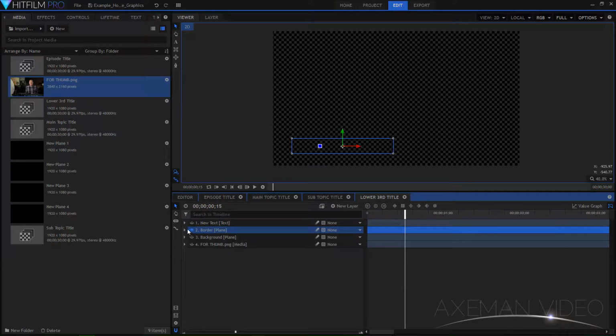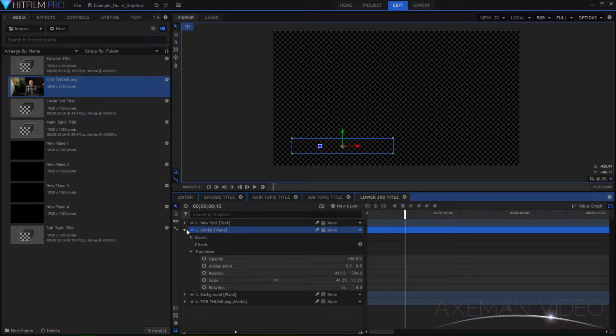In the background border, I'll open up the transform options where I can enable keyframing by clicking on this dot next to the scale settings. That set the result of where I want this box to end up, here on the 15th frame. Now I'll move the playhead to the beginning, or the first frame, and drop the width scale down to 0. Now as I move the playhead along, you'll see this box appear and grow to my end result on the